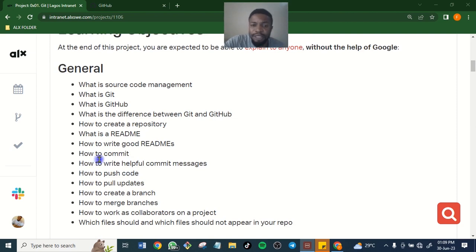Then a commit is just the message you put in the readme. You have to put a message in the readme. There has to be a message that says, in God we trust, that explains your readme at the end of the readme. So I hope you understand. The commit is executing the message you put in your readme.